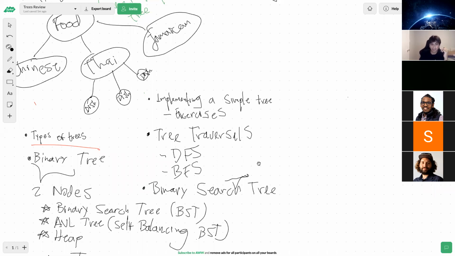When people talk about trees, most of the time they're talking about a binary tree, and most of the time a binary search tree. If they're talking about any other kind of tree, they will be more explicit about it, like whether it is an AVL tree, a heap, or an n-ary or general purpose tree. That's why we're going to focus today on binary trees and binary search trees first.